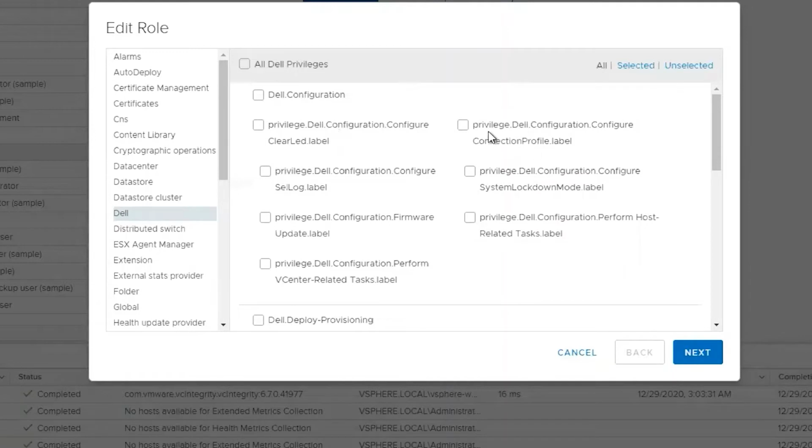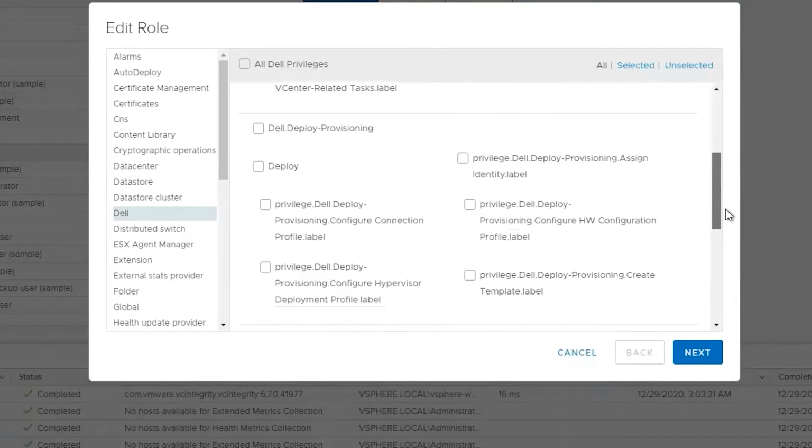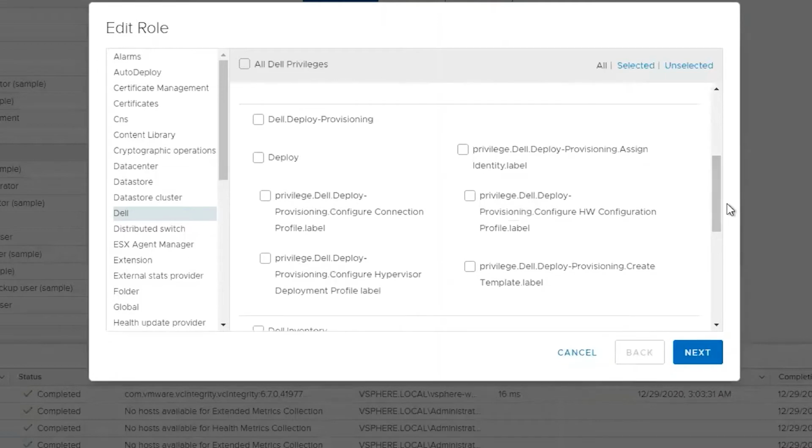The Dell configuration allows to clear LED, clear SEL, allows firmware updates, connection profiles, system lockdown mode, vCenter tasks, and host tasks. Under the Dell provisioning, we can create connection profiles, assign identities, do OS deployment, template deployment, and we can also create templates from hosts.